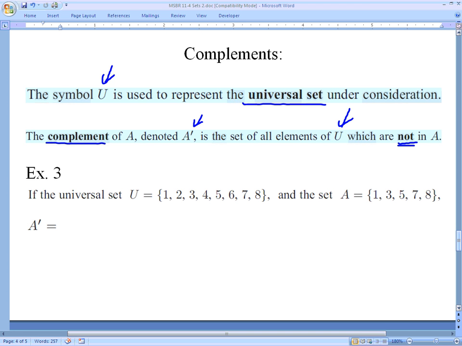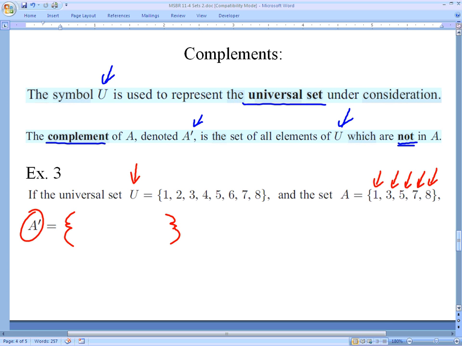So an example of that would be if I have my universe, or my universal set, defined as the integers 1 through 8, and set A, which includes the numbers 1, 3, 5, 7, and 8. The question is, what would A prime be equal to, or the complement of A? Well, it's going to be a set,